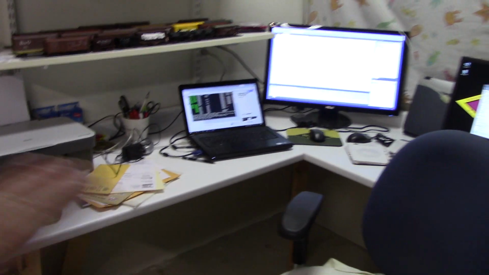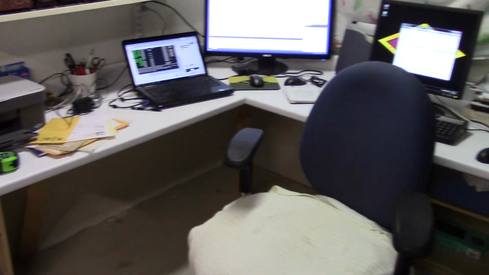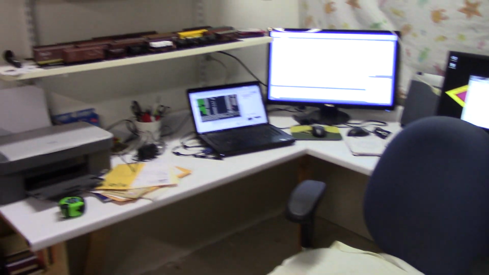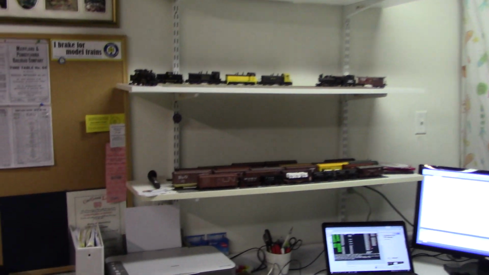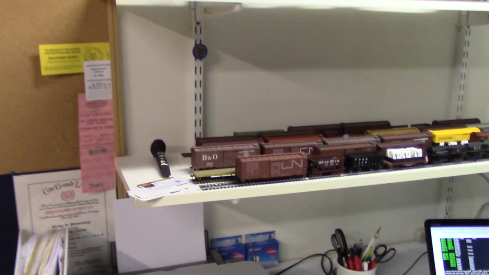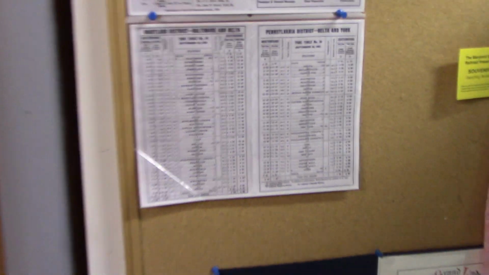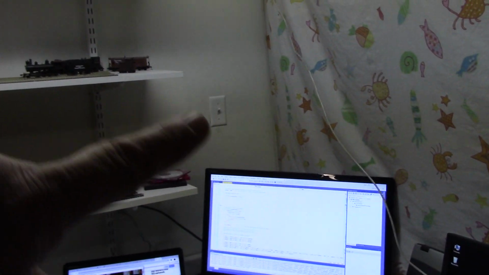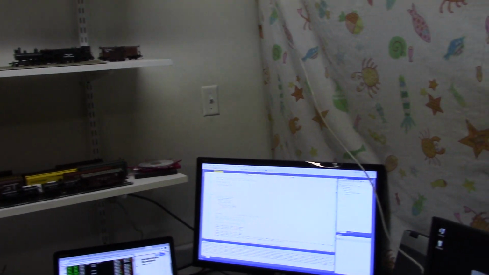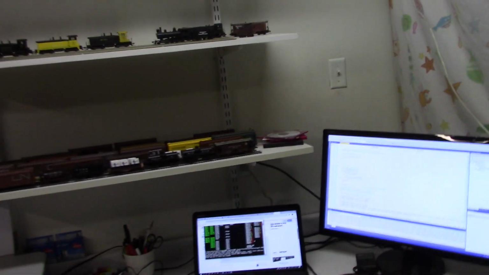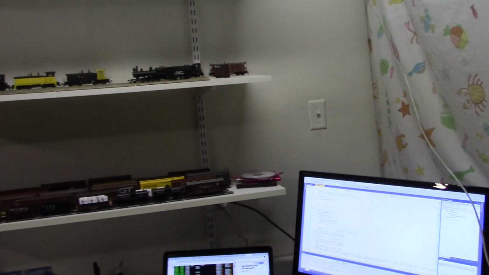I guess I'm going to probably leave for now the countertop, the workspace, if you will. These shelves will come down. The yard will be sitting at about 46 inches above the ground, and then it will go into this. The goal is it'll go through the wall right here and underneath the stairwells there for some staging tracks, and it will also pass through the wall farther back here, as you should have seen on the diagram, and then go into what is the interchange with the PRR Railroad, and there'll be